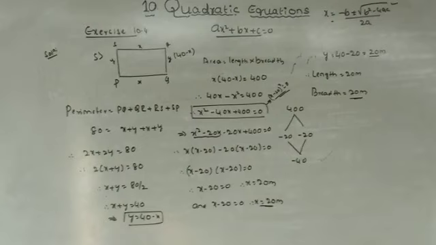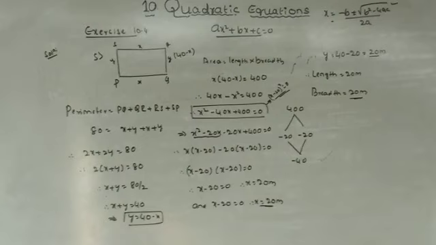So here is the last question in this chapter, the fifth one. Is it possible to design a rectangular park of perimeter 80 meters and area 400 square meters? If so, find its length and breadth. Rectangle properties are very important: opposite sides are equal. If PQ is X, then this is also X. If this is Y, this is also Y. The perimeter is given.